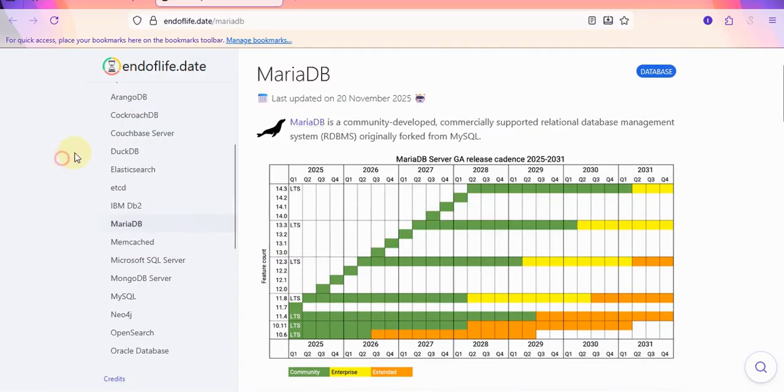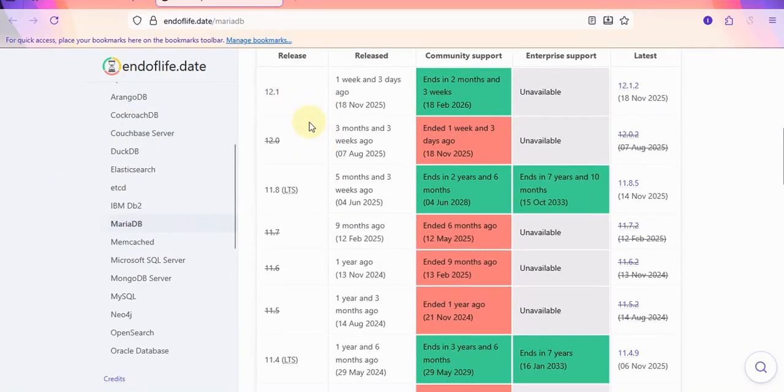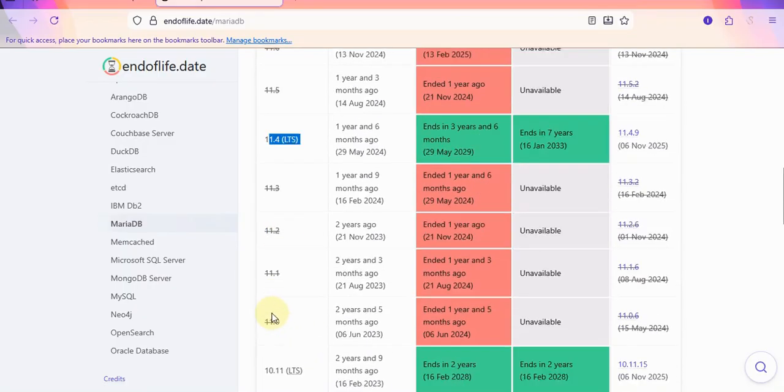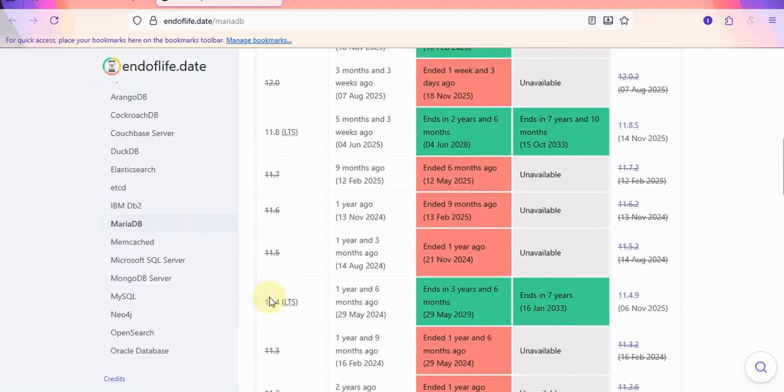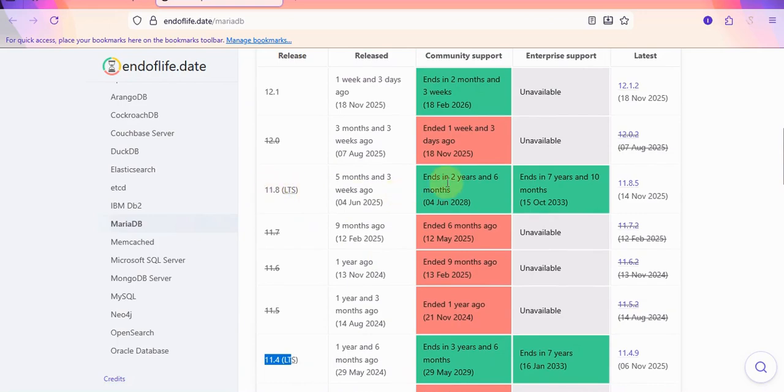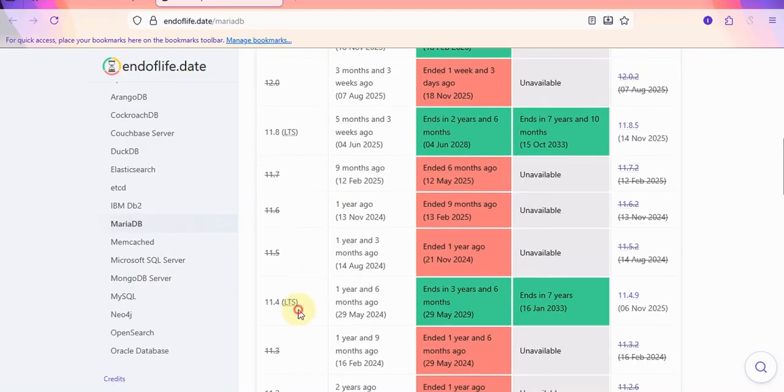For MariaDB, you can see the LTS version of the MariaDB available is here. 10.11 ends in 2 years and 11.4 ends in 3 years and 11.8 ends in 2 years. Okay, I choose